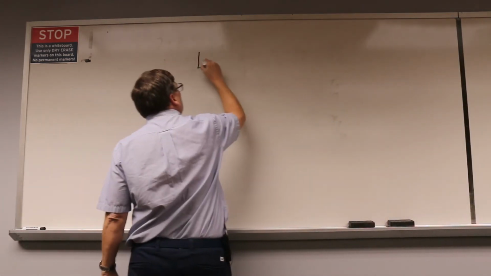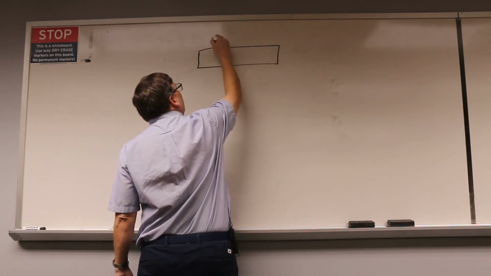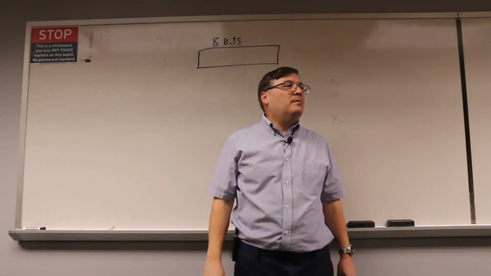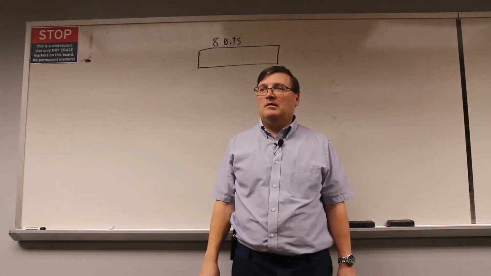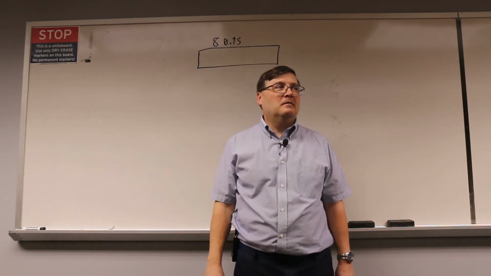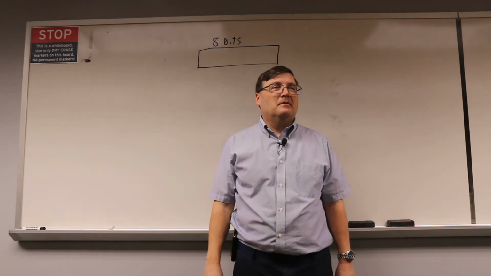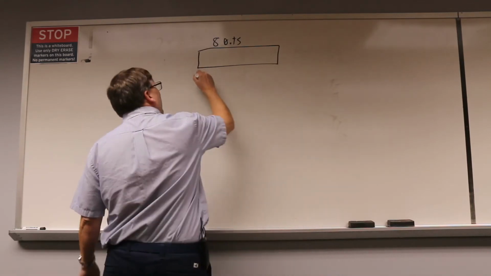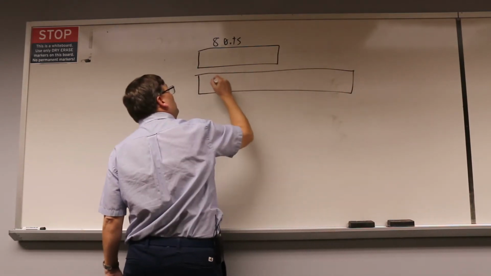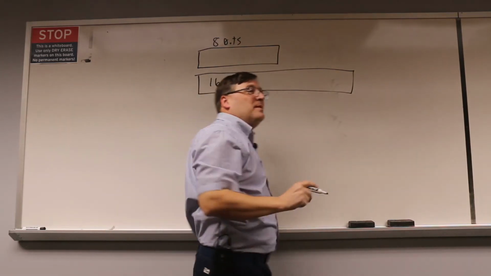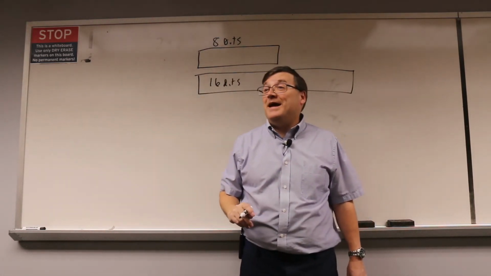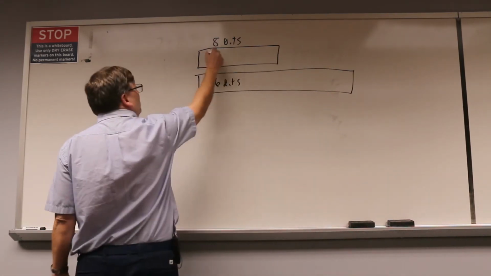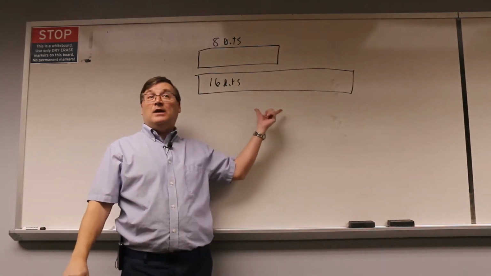If we had a computer system and it had 8 bits in its memory spots, what would be the byte size of that computer system? Correct, 8 bits. Very good. If I had a computer system that had 16 bits in each one of its memory locations, or RAM, what would be the byte size? 16 bits, right? Now, if we had an 8-bit computer, could we have a 16-bit address bus